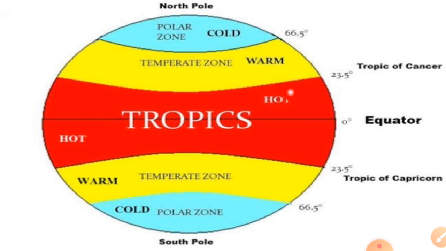The temperature in the polar region is as low as minus 30 degrees Celsius, and the most common animals found in these regions are polar bear and penguin. Other animals that can be found in the polar areas are fishes, birds, oxen, reindeer, fox, whales, and so on. They have adapted themselves so they can survive easily in this place.